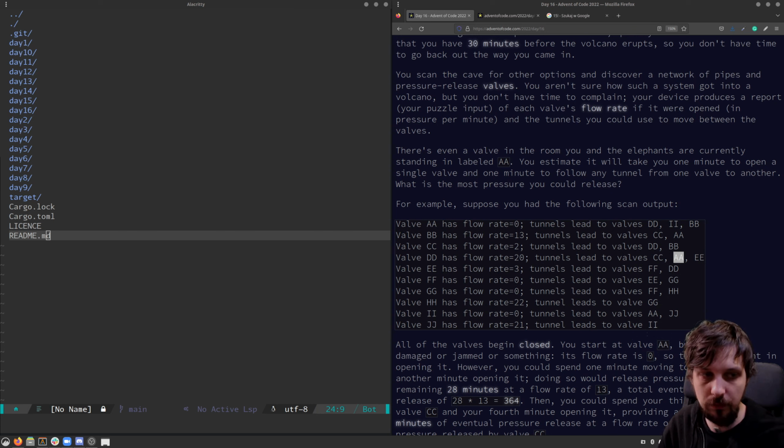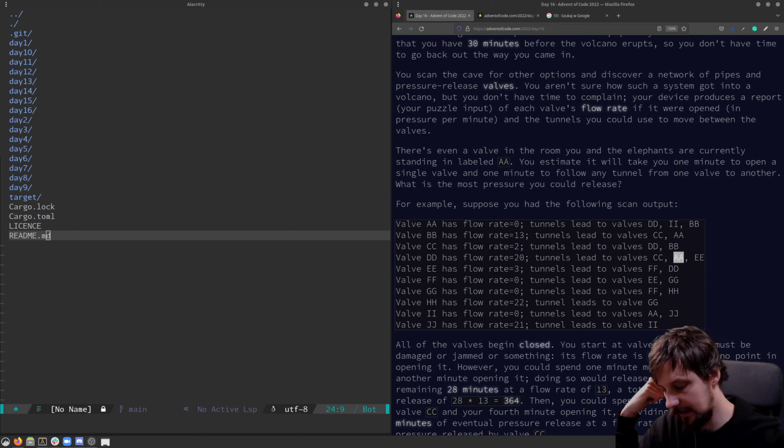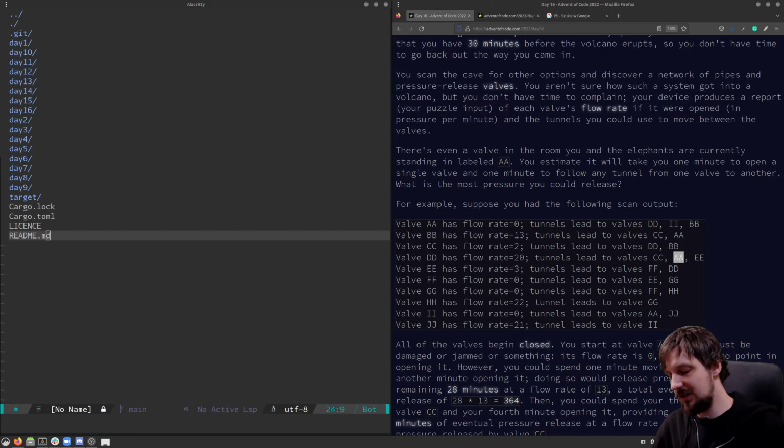I need 2 timestamps to go there, because this is distance, which is 26, and I need 1 minute to open the valve, which is 25. So, and then I have this and 25, and then I go build my tree. And you can notice that this is exactly the same thing I told you before, except I added